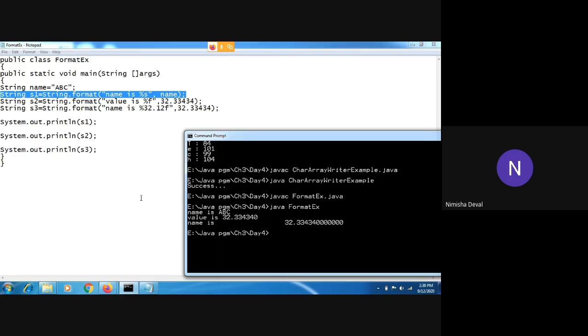Likewise, you can print the values for hexadecimal also. Okay, for printing hexadecimal, what do you have to do? You only have to use percentage x. For character, percentage c, and for integer, percentage d, like you are using in C programming. Okay, the same process is there. The only difference is that you are using string dot format here, and in C you are using the printf statement.